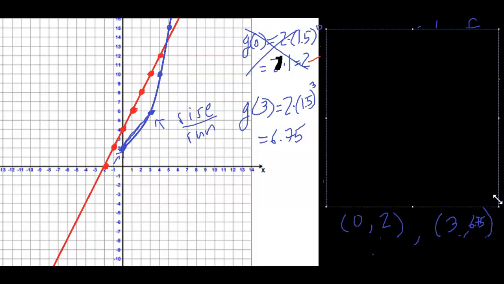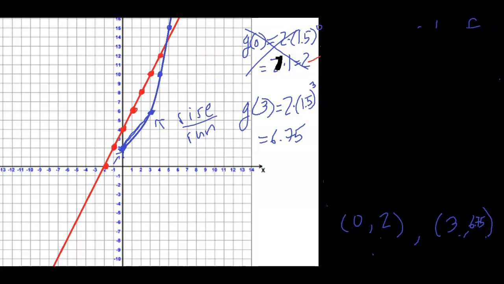We know that we have our x1, y1 point, which is 0, 2, and our x2, y2 point is 3, 6.75, right? Okay, so y2 minus y1 over x2 minus x1, right? This is rise over run, is equal to what? It's equal to